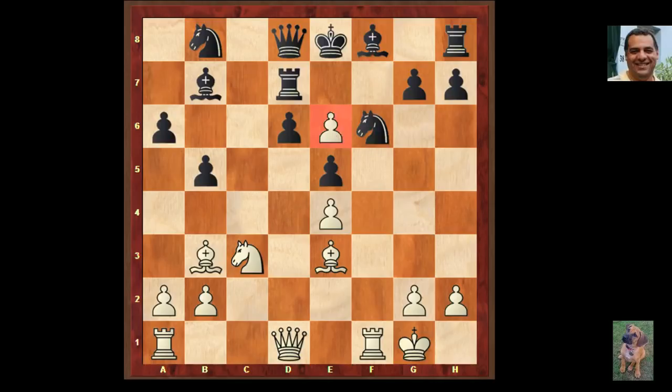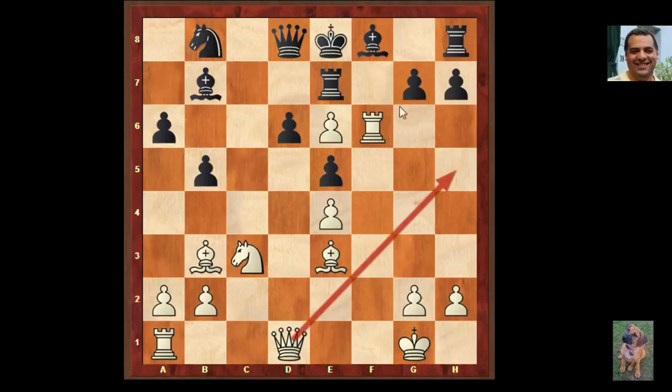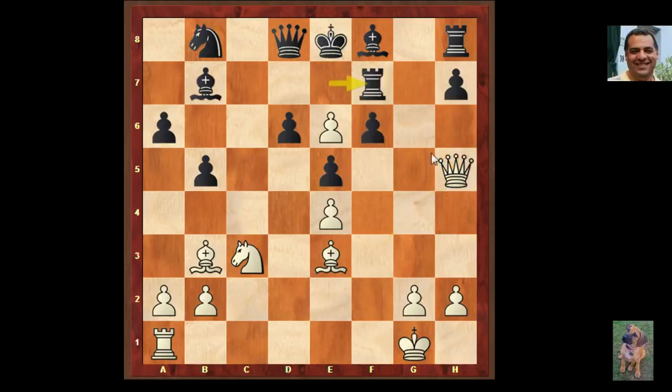Okay, so the rook moves to c7 actually, allowing this dreaded skewer. Now if it moved to e7, I think there's even worse for black. Rook takes f6, knocking out the h5 square is diabolical here. That's very, very embarrassing indeed. So rook c7 is a lesser evil move,